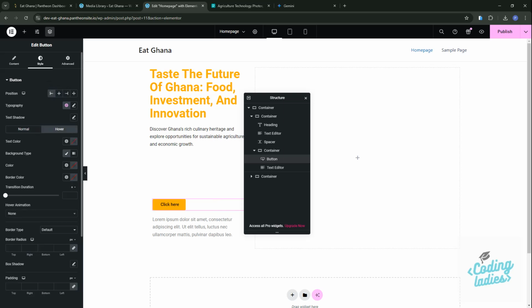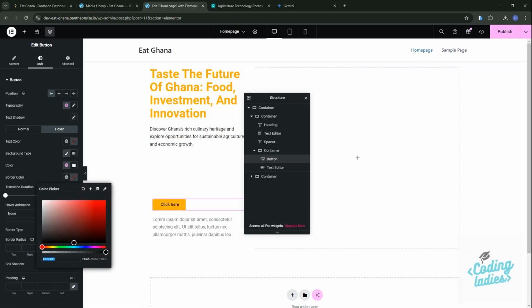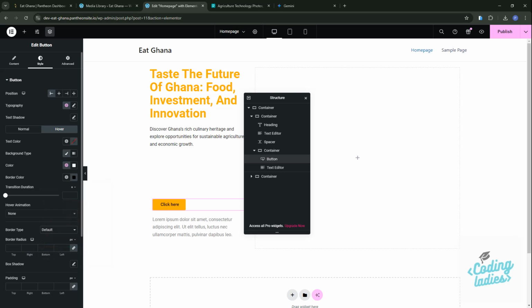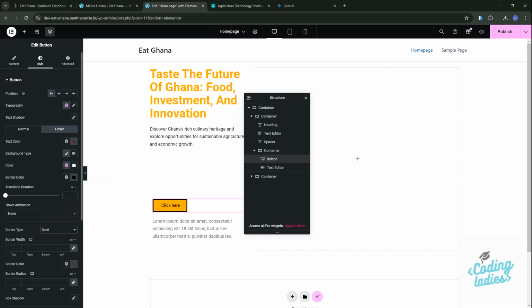And on hover is when you put the mouse on it. So we can change the color to, no, we can rather make the color white. So when you put the mouse on it, right, then you give it a border color of black. When you hover on it, so solid red is one,